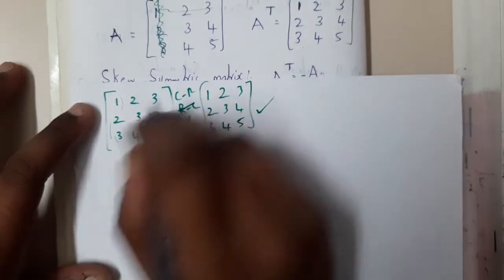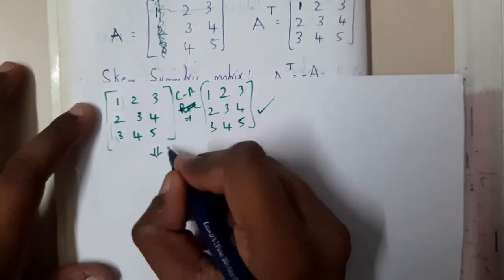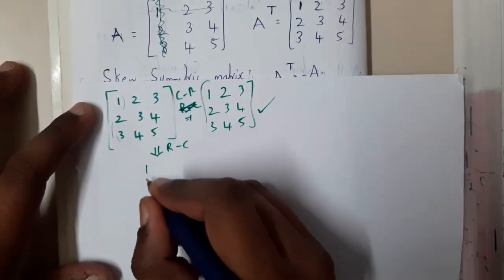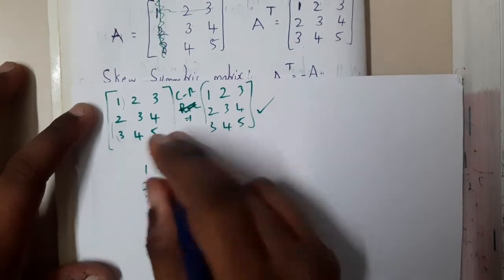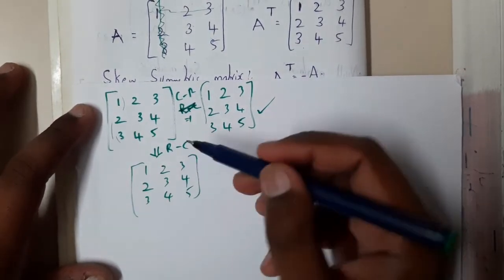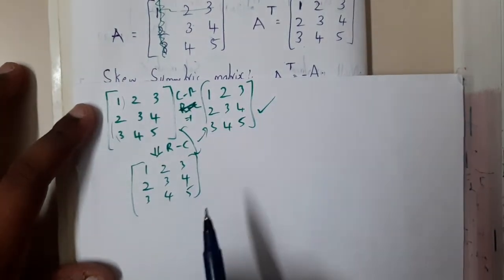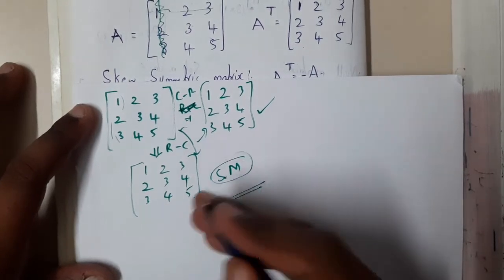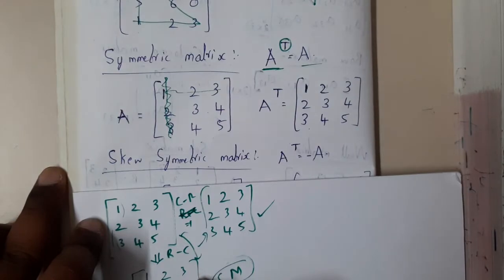So column to rows. So this column I converted into a row, this column I converted into a row, this column I converted into a row. So now let us convert rows to columns. So row to column. So here it will become 1, 2, 3. Again this will become 2, 3, 4. This will become 3, 4, 5. Right? So if you observe here, all three matrices are exactly the same, right? So hence this is called a symmetric matrix, guys. So they are symmetrical after doing the transpose also. So this function is nothing but transpose, guys.